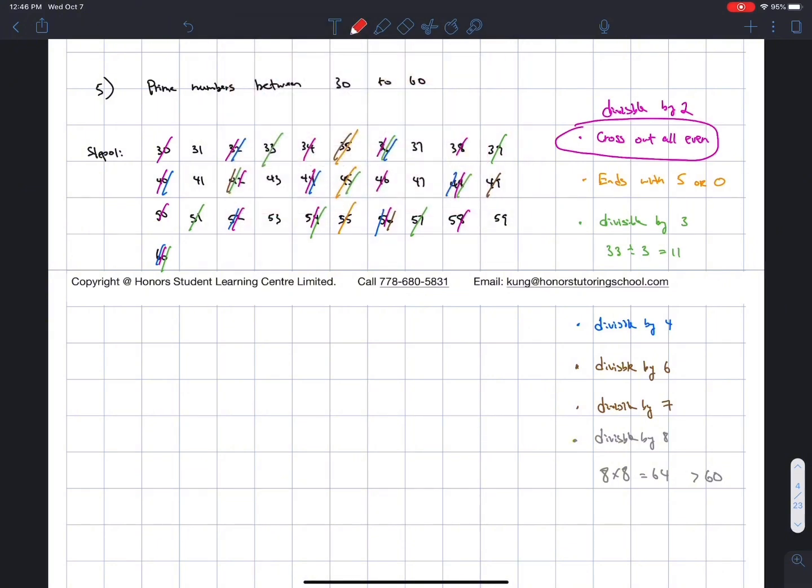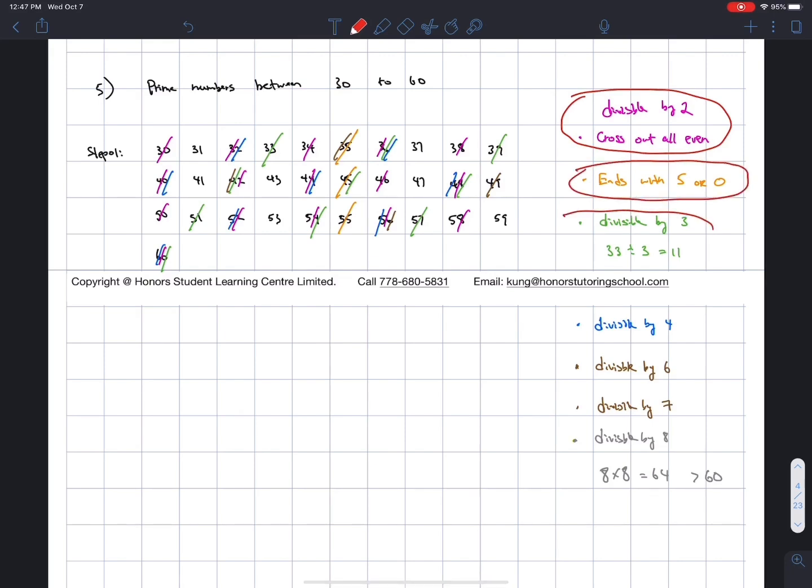Maybe I'll just use red so I don't have to change the color. And then divisible by 5 is the one that matters. Divisible by 3 is also the one that matters. We were able to cross something out. Divisible by 4 and 6, they were already taken care of because they must also be divisible by 2. Divisible by 7 is also one that matters. Remember, we cross out something like 49. And divisible by 8, once again, if it's divisible by 8, then it will also be divisible by 2. So if you look at all these numbers,